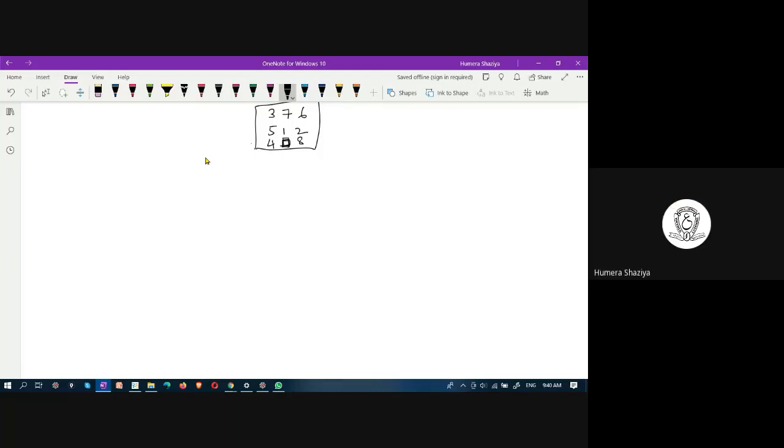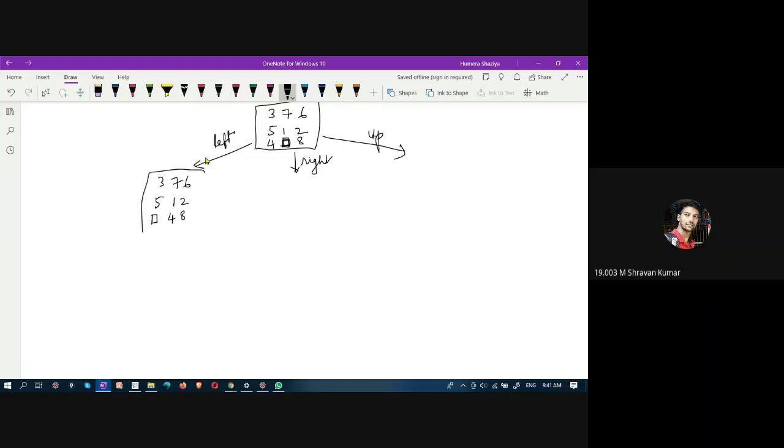Left, right, up. You can apply left, you can apply right, and you can apply up. When you apply left, what will be the result? 3, 7, 6, 5, 1, 2, 4, empty tile, 8.